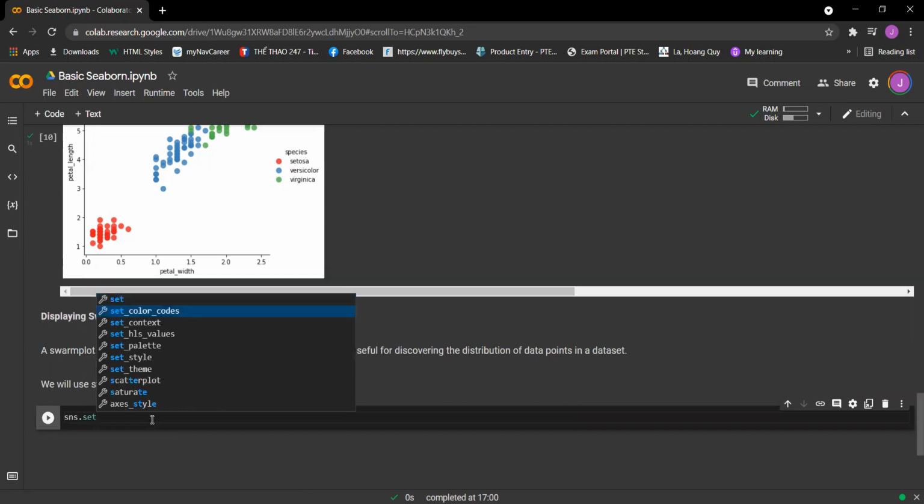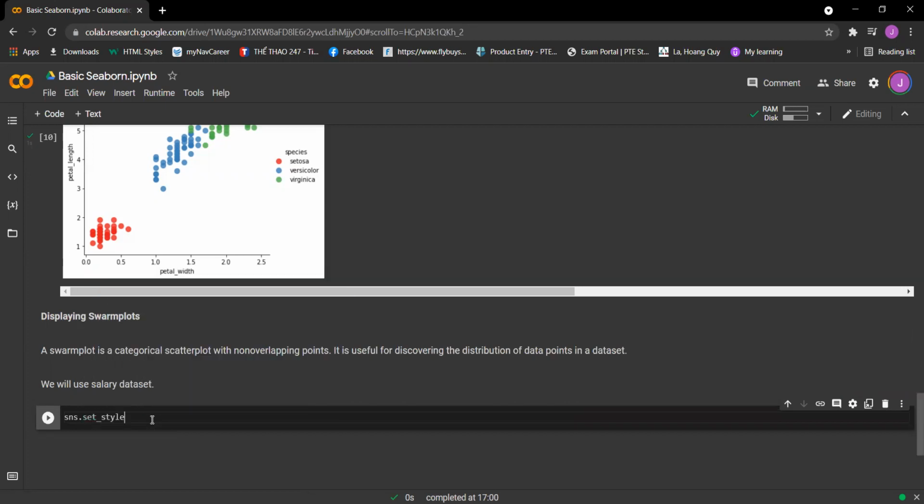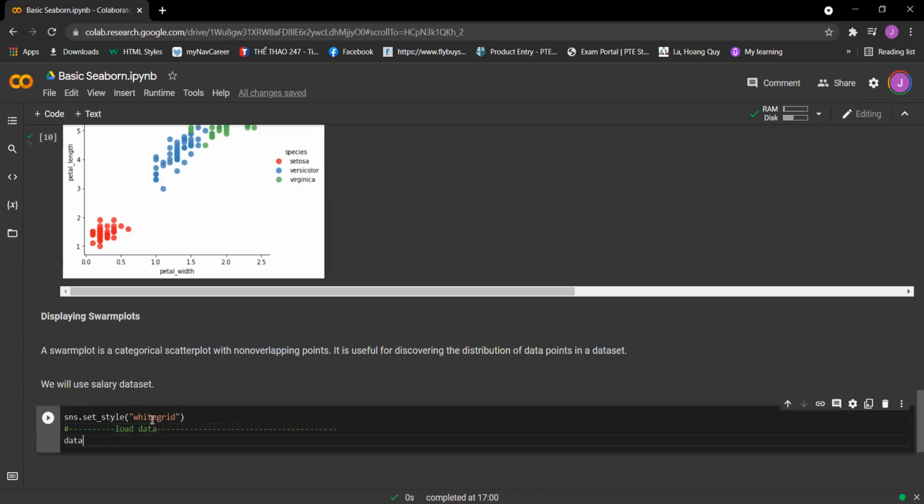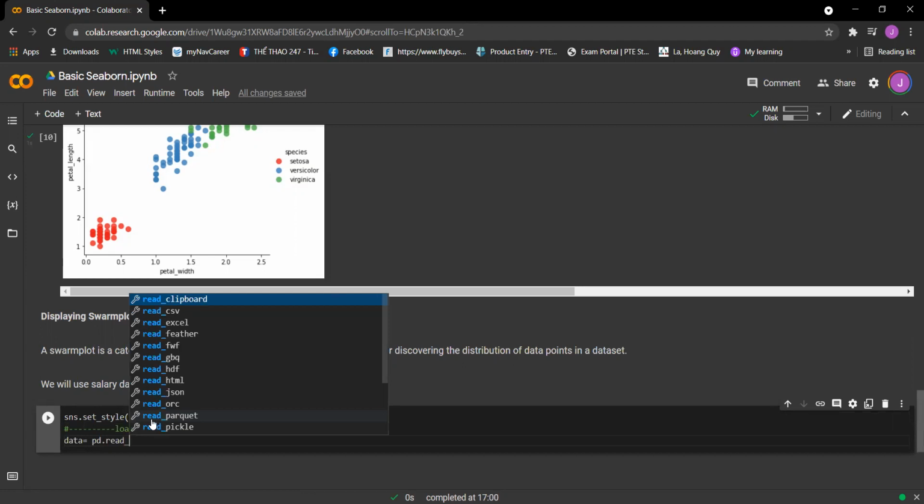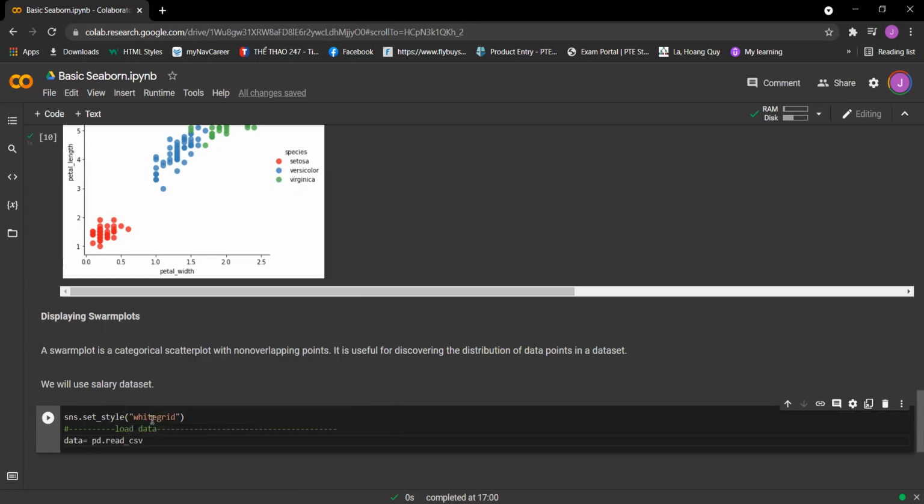So we got set_style, and in here this will be whitegrid. So we need to load the data. So we got data equal pd.read_csv, and we'll have salary.csv,